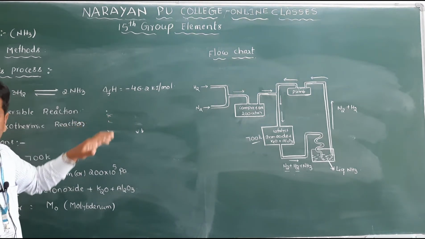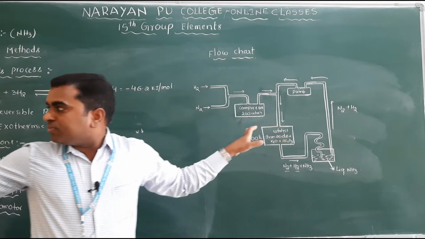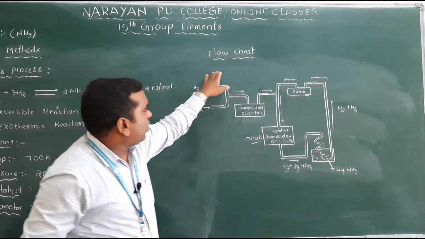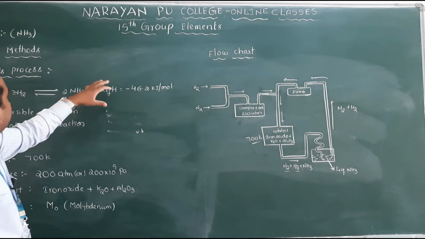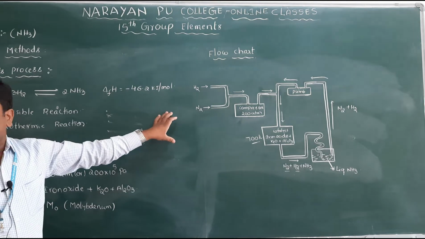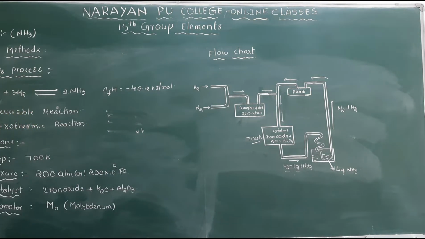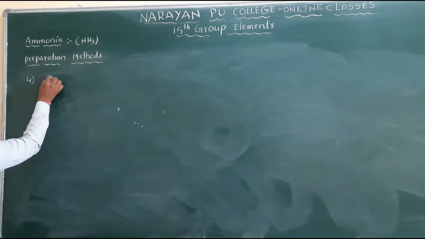Clear? So this is the flow chart for the preparation of ammonia. So this is the Haber process with preparation and flow chart. Clear? And the next one is the preparation method by